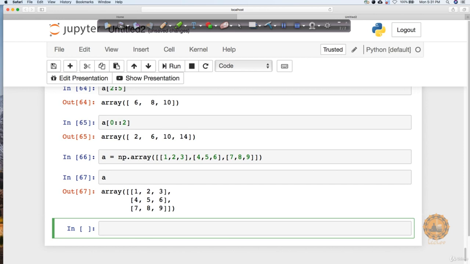Now let's say I want to print the value 9. In that case, it is now a 2D array, so I have to say 0, 1, 2 index here, and 0, 1, 2, this is a column index here.